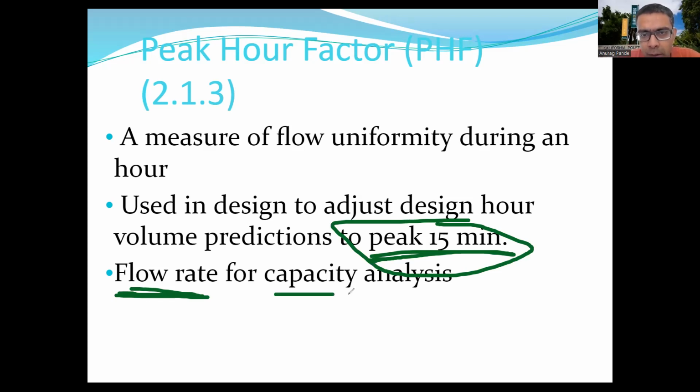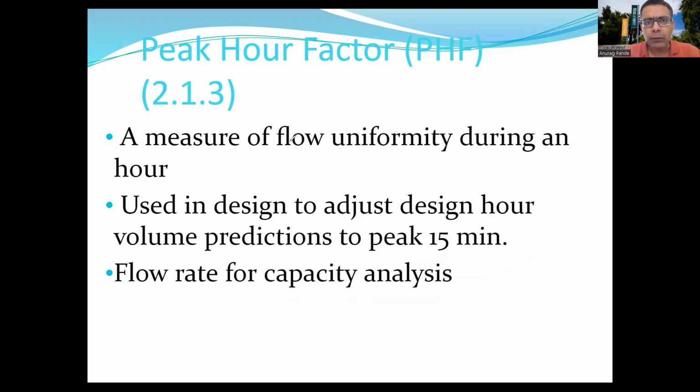You might be wondering, okay, what we are saying, Professor, is that we want to account for the worst 15 minutes during the peak hour. So how does the factor measure uniformity? Yes, we want to account for the worst 15 minutes where most cars come in, and that all makes sense. But at the beginning you said it's a measure of flow uniformity. How does that work? So how that works is